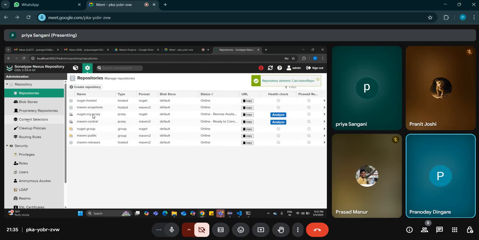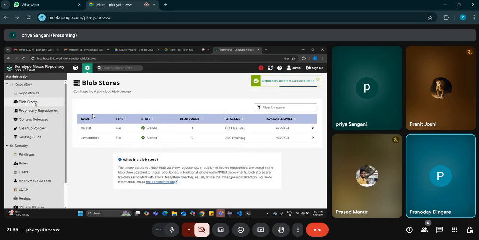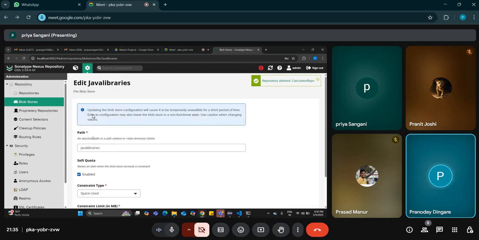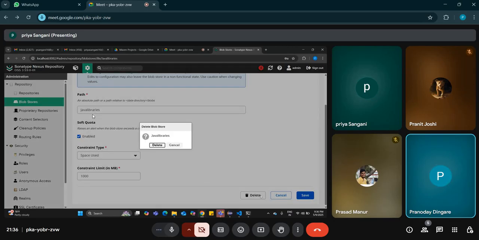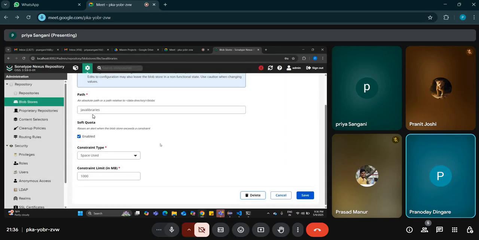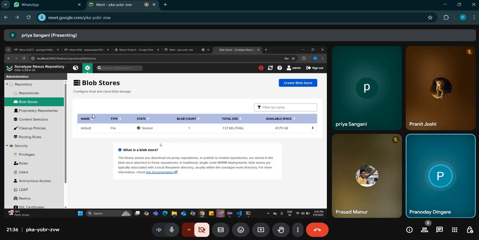Okay. Go to the blob stores. Now click on this Java libraries. Scroll down. Click on delete. Correct. Now let's create the blob store. Now we have already understood what blob store is. So basically blob store is a folder, okay, which will hold our artifacts which we would be pushing to the